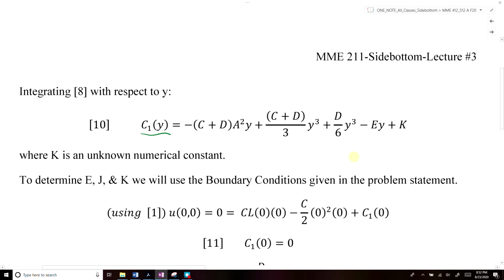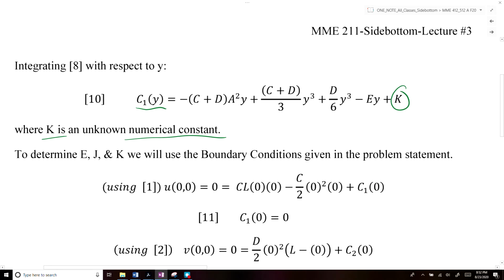where k is an unknown numerical constant. All right. So then we have three. So at this moment, the only thing that we don't have or don't know are these three constants, E, J, and K. Okay. So to determine what E, J, and K are, we can use the boundary conditions of the